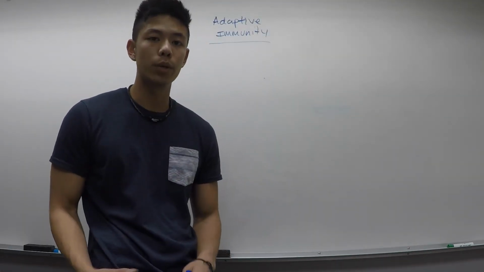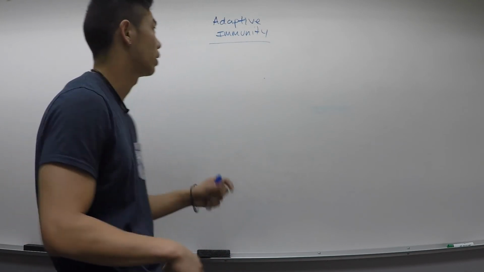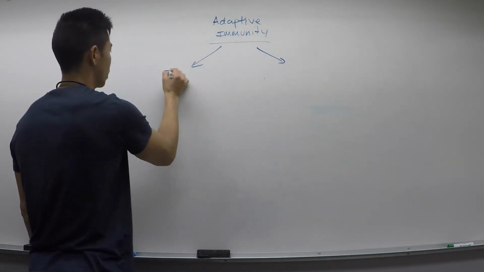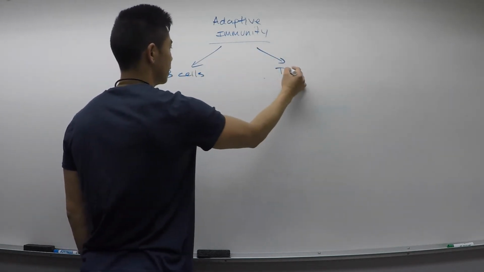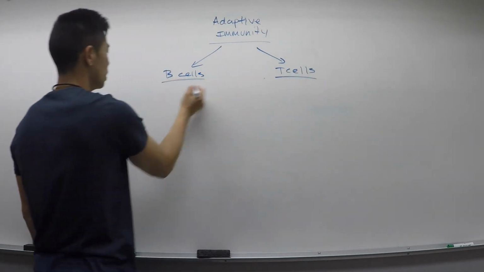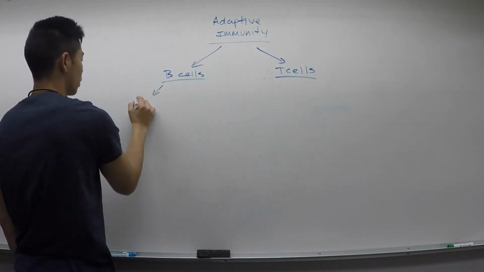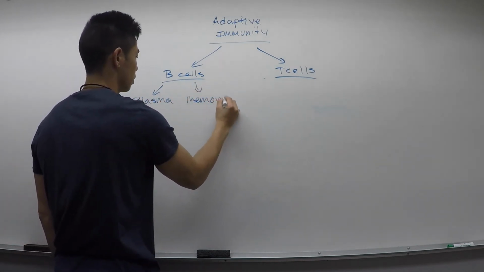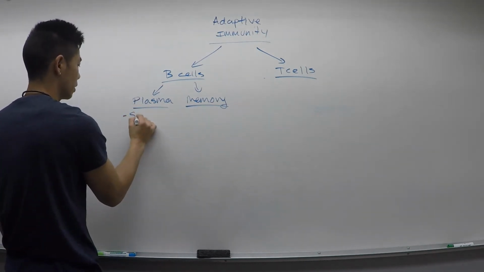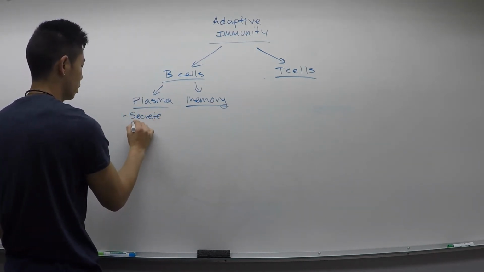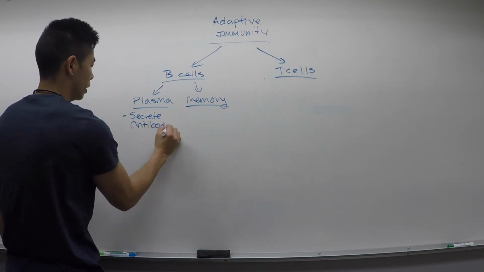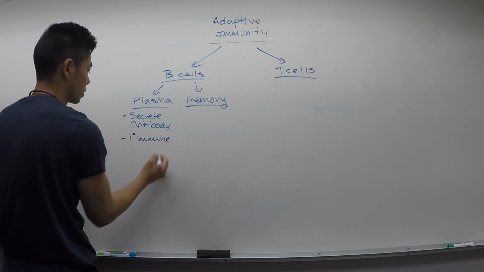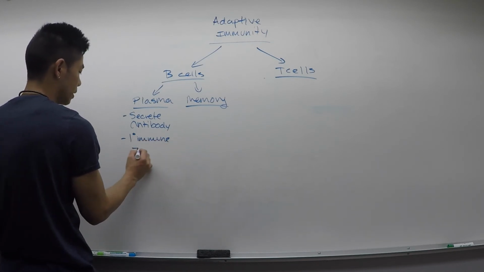But let's end this video with just basically compartmentalizing our adaptive immunity. So we know our adaptive immunity is going to break off into two different types. We have our B cells, and we have our T cells. Our B cells are going to produce both plasma B cells as well as memory B cells. Now our plasma B cells are going to secrete antibody to fight that infection. The plasma B cells are going to help with the first time we get this infection, so it's going to be our primary immune response. And this can usually take 7 to 10 days,